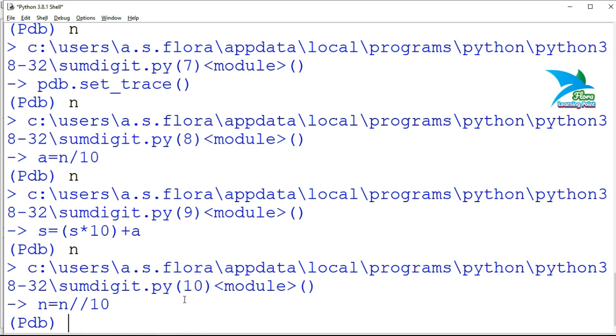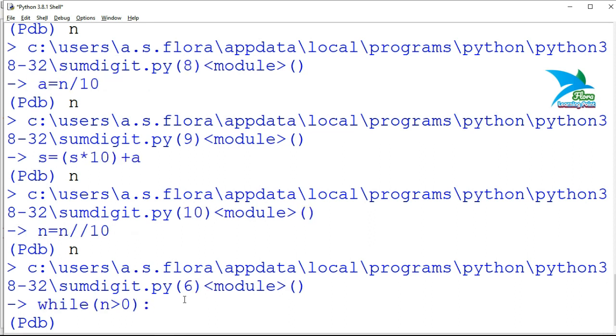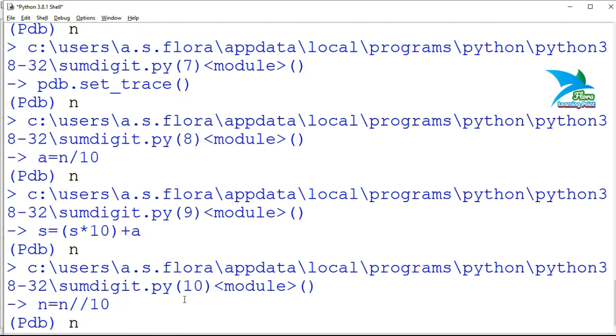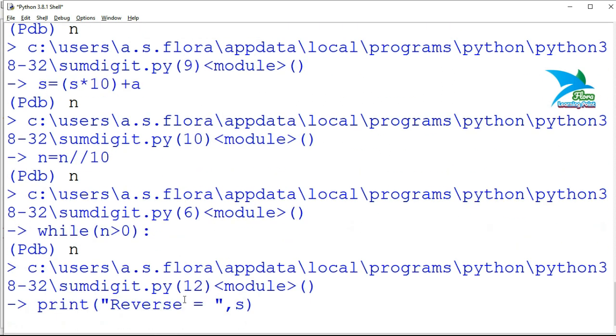By using this technique, you will be able to understand the execution flow of a program also. Instead of only watching the value of variables during debug mode, you will also be able to learn how a program is running, and after which statement, which statement will execute next. After this line, if you press enter, again the program execution flow moves to the while statement, and again set trace function, and now you will be able to see all the statements.